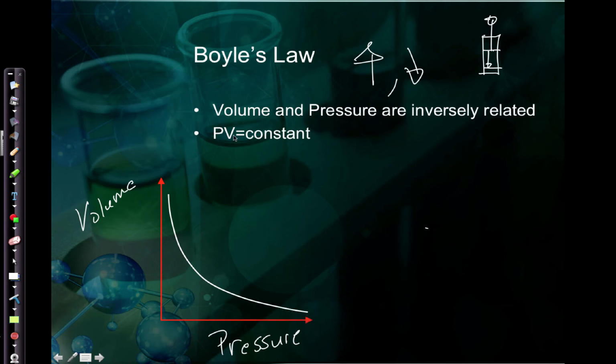Now, if I were to take the volume of a gas and multiply by that pressure at that volume, I'm going to get a constant. I'm going to get a value that's always the same. So it doesn't matter what the pressure is. If I take the pressure and I multiply it by the volume at that pressure, I'm going to get the same number,